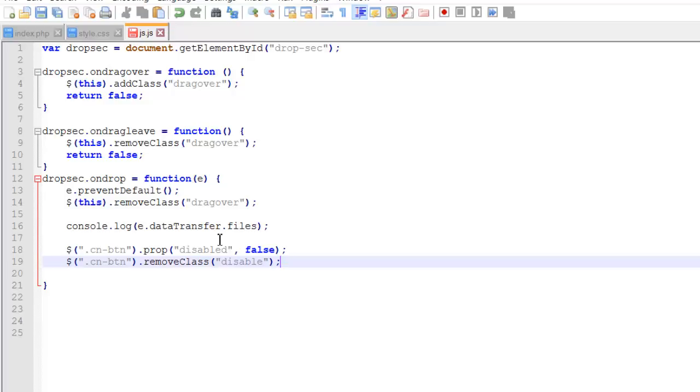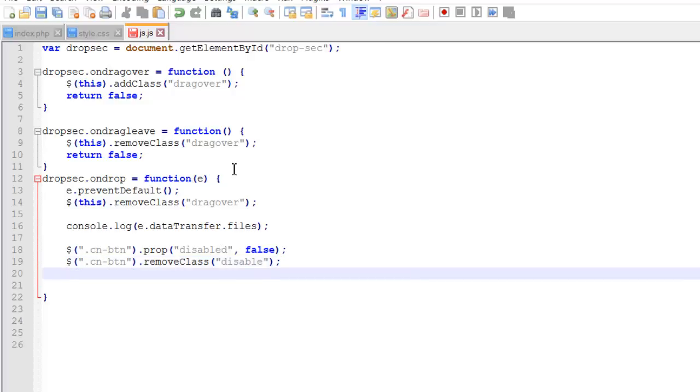What this class will do is just change the background to gray so it looks disabled. We won't do anything else in this class. So when it is enabled, we have to remove this class so the person can see the red color. Okay, the next thing we have to do is work on